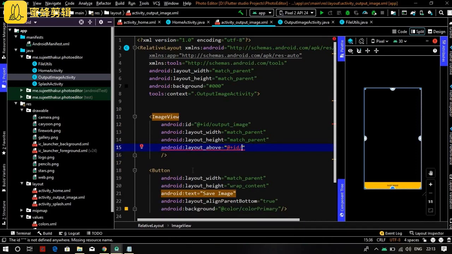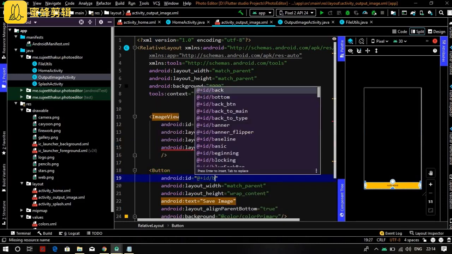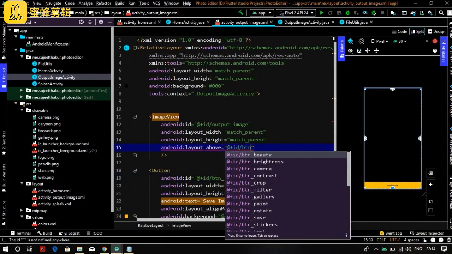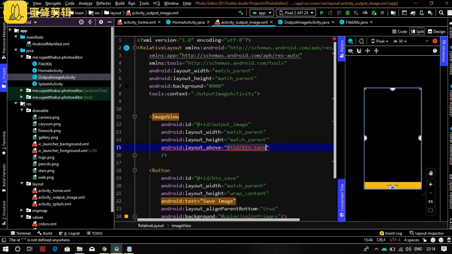Just add the id for the button, btn save, so the image view will be above btn save. Now you can see in the layout that the image view part is just above the button. Now it's done here. Go to output image activity.